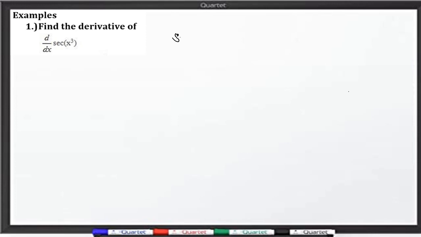Ang derivative daw ng secant u with respect to x is equal to secant u tangent u times du over dx. Sabihin natin dito, that will be equal to